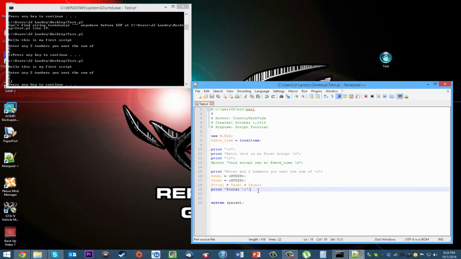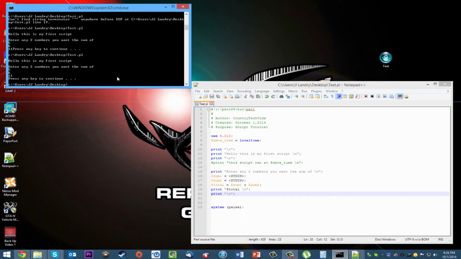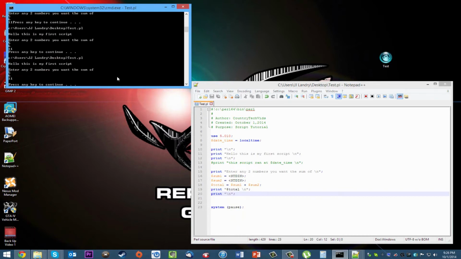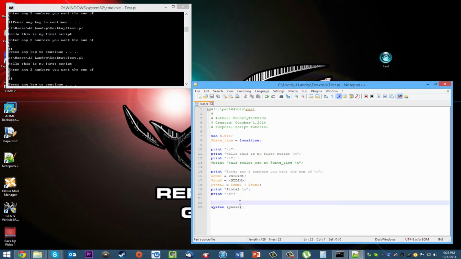But if you want a little bit more space between that, again, you can go print like so. And there you go. It's really simple. You can have it do a lot of different things. And say down here, you can go print "this script has ended at $date_time"